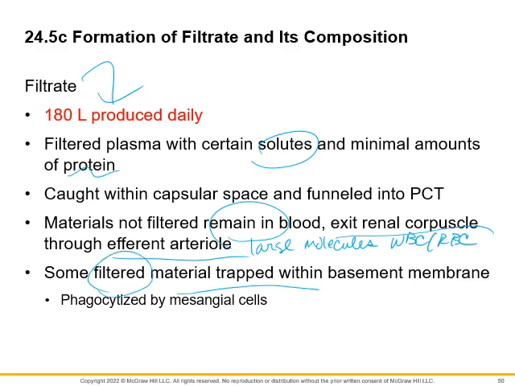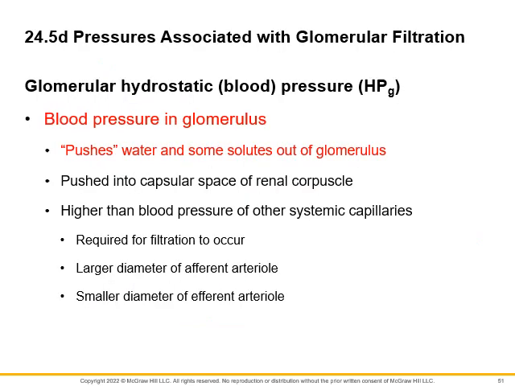Some of the filtered material is going to get trapped in that basement membrane. Some of it is going to be engulfed, do phagocytosis, by those mesangial cells, in case there's anything, pathogens, in there that we might want to filter out before they get to our functional part of the kidney, which is the nephron. Now we have to talk about some of the pressures associated with this glomerular filtration,